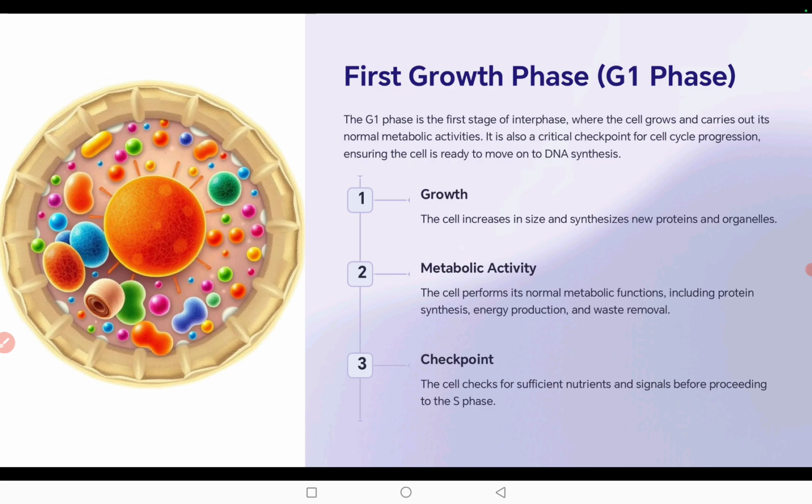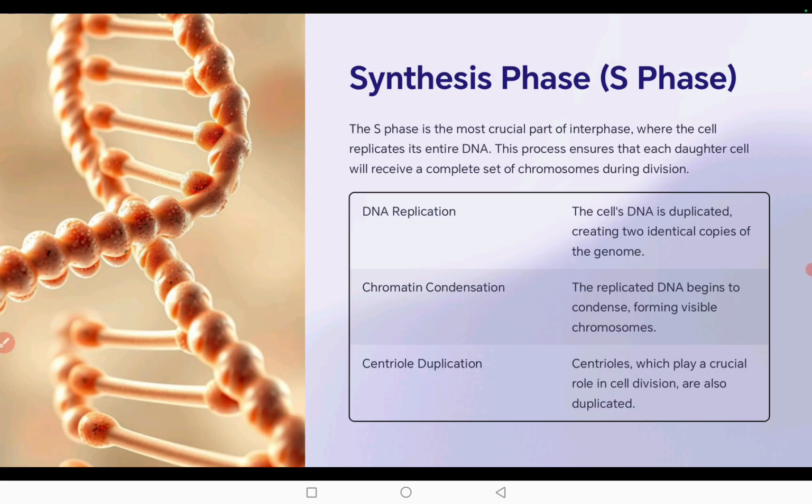Now, after the completion of G1 phase, synthetic phase begins. Synthetic phase is a phase in which more DNA is synthesized and chromosomes are duplicated. The S phase is the most crucial part of interphase where the cell replicates its entire DNA. क्योंकि डॉटर सेल्स में डीएनए की कमी होती है, जिनका सिंथेसिस करके डीएनए को रेप्लिकेट करते हैं।